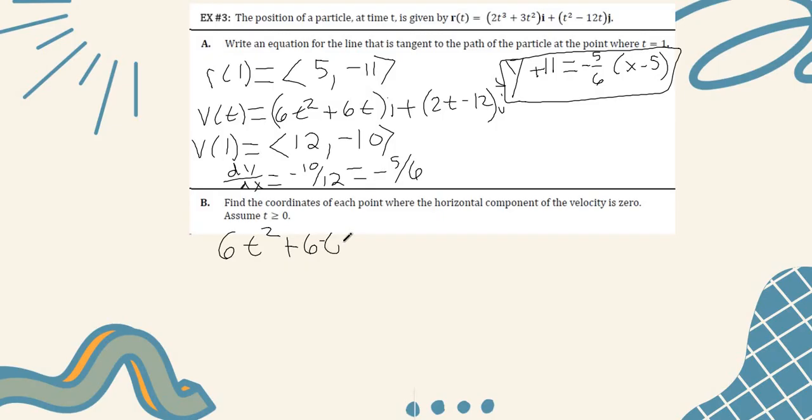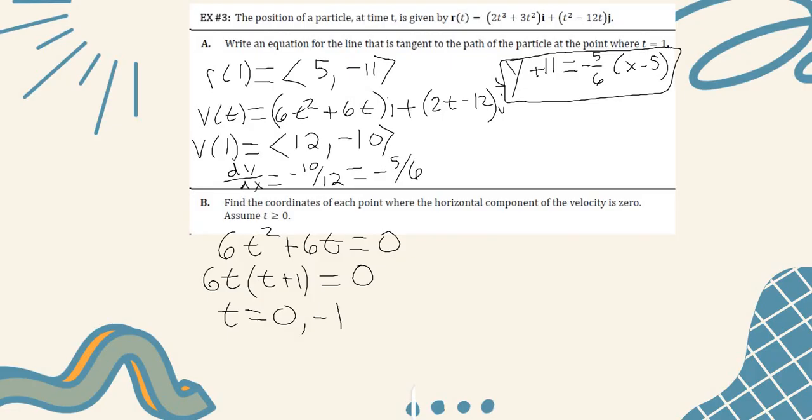Of the velocity, right? So that one. And I want to know where that is what? Okay. So what would I do to solve for that? Factor out not just a t but a 6t. And we're left with? So we get,